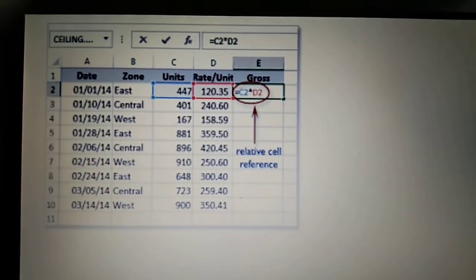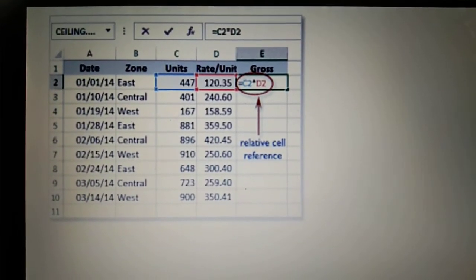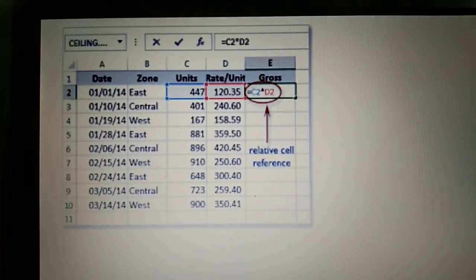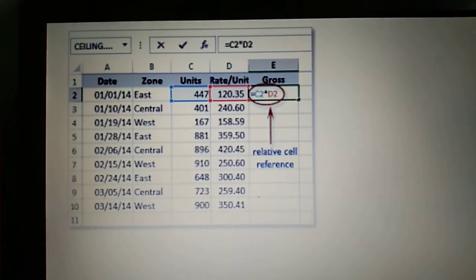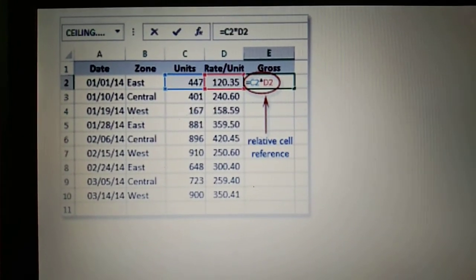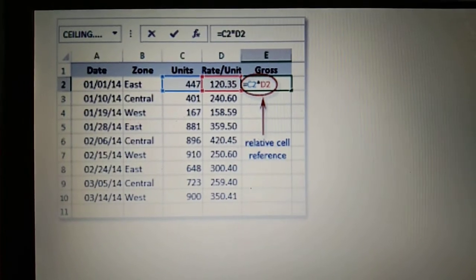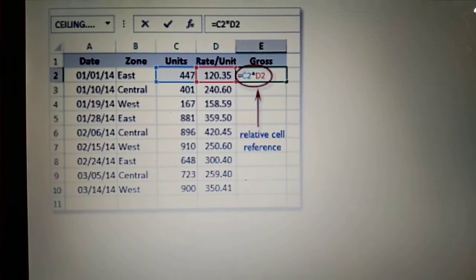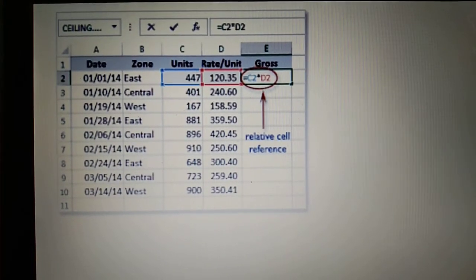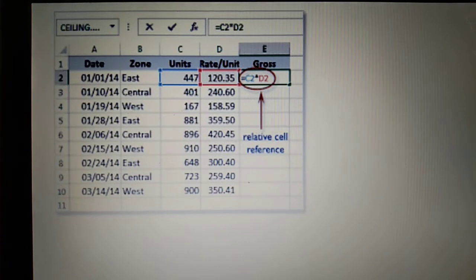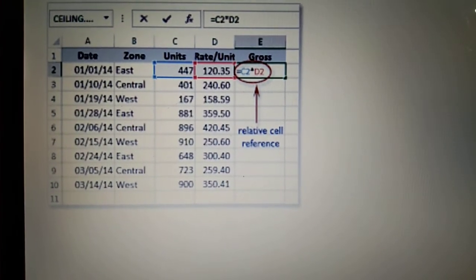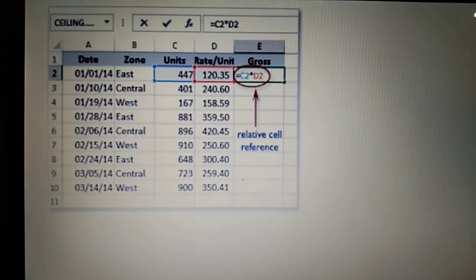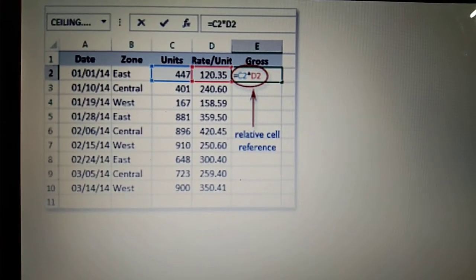Our first one is the relative references. When you create a formula, references to a cell or range are usually based on the position relative to the cell. So when you copy or move the formula to another cell, the referenced cells automatically get changed. For example, if in the formula the value C2 is divided by the value D2, we get the answer, and this is called a relative reference.